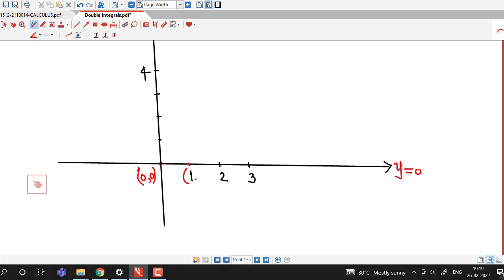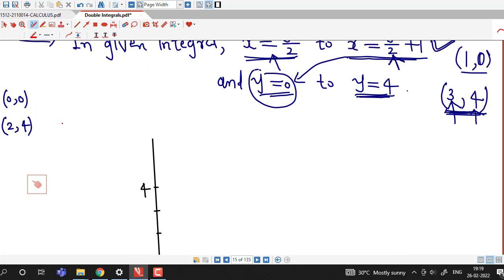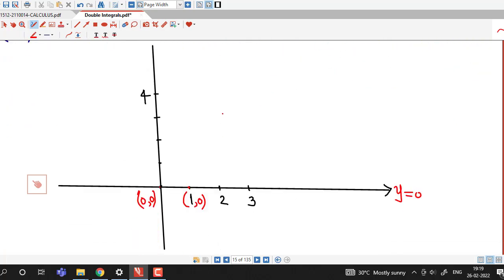So this point is 1 0. Then we have to sketch 2 4 and 3 4. 2 4 will be here. On y-axis we have to go up to 4, on x-axis we have to go at this point. So this is approximately 2 4, and this distance is 3, so this point is 3 4,